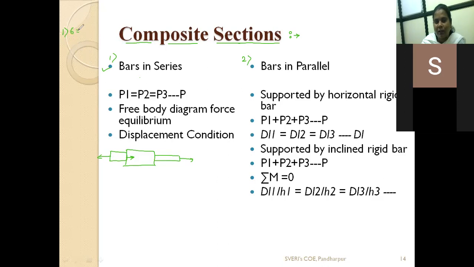What is the formula for stress? Sigma, which is equal to... How to find out stress? Anyone? Unmute and tell me. Sigma, which is equal to force upon area, P upon A. Second formula we have studied is epsilon, which is equal to... epsilon means strain. So strain is equal to change in length upon original length. Okay, good.